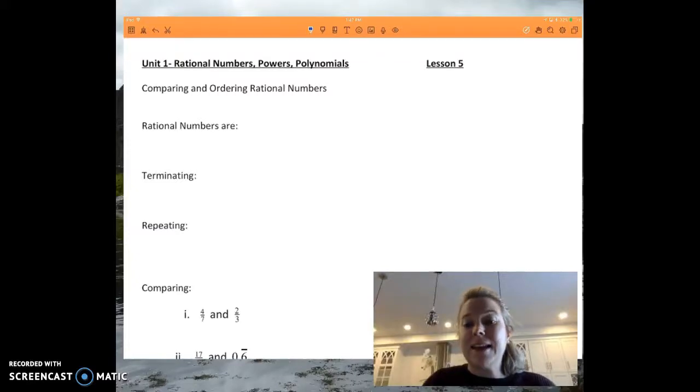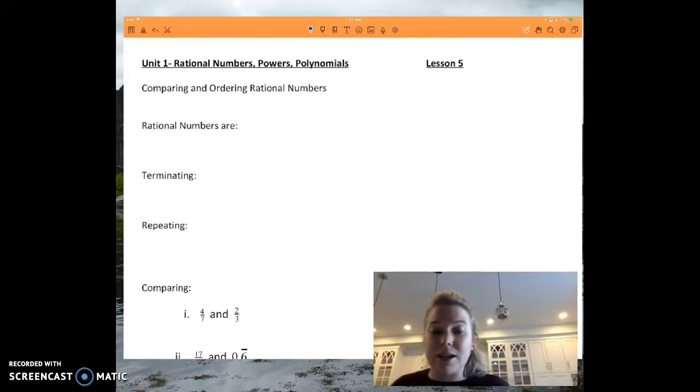Okay, lesson 5 of rational numbers, powers, and polynomials is getting into what the definition of a rational number is and how we're going to work with rational numbers. Now, here's a big secret: you've secretly been working with rational numbers a lot already in this unit. Because what a rational number is